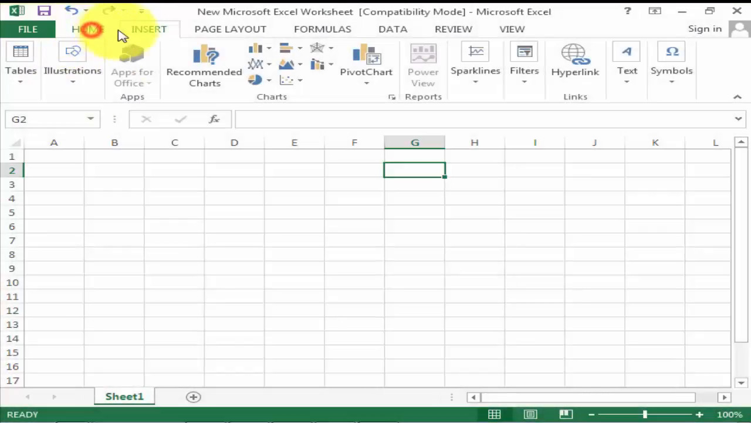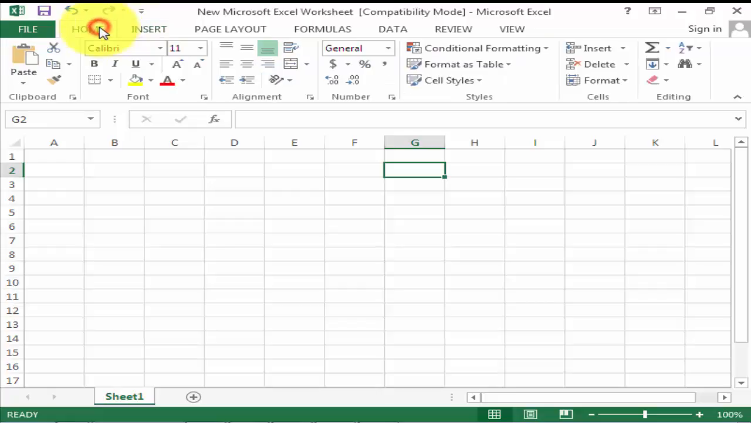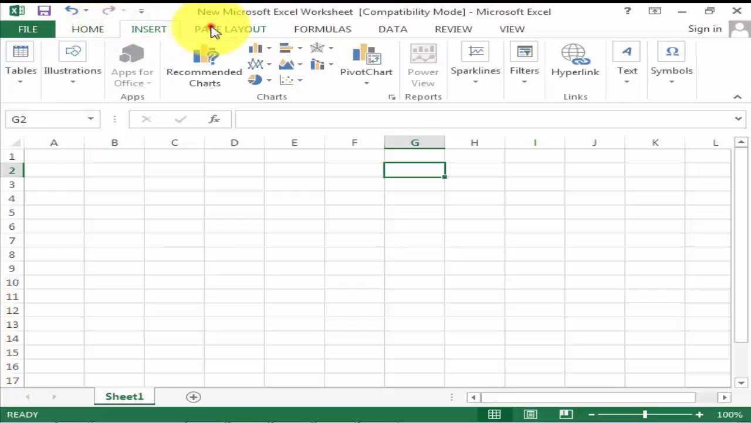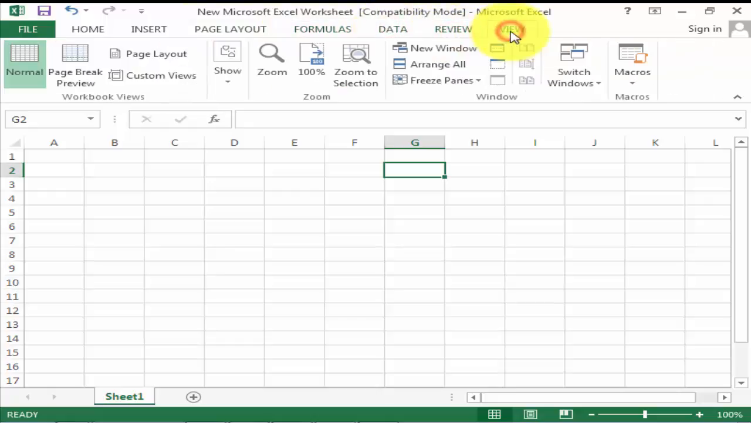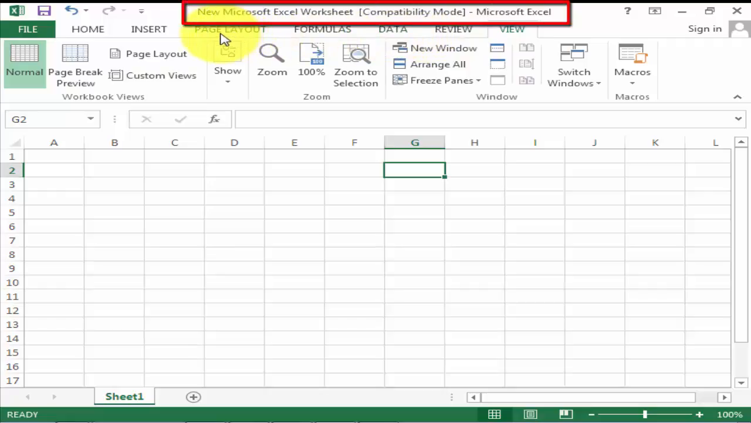Compatibility mode. Sometimes you may need to work with workbooks that were created in earlier versions of Microsoft Excel, such as Excel 2003 or Excel 2000. When you open these types of workbooks, they will appear in compatibility mode. Compatibility mode disables certain features, so you'll only be able to access commands found in the program that was used